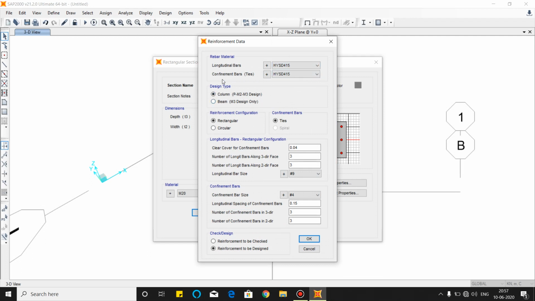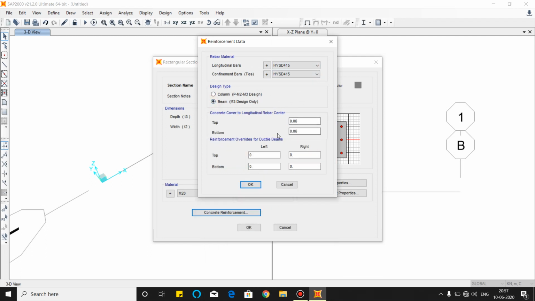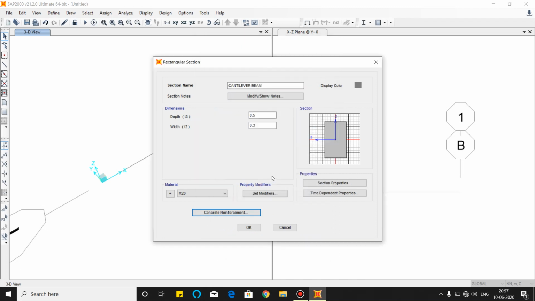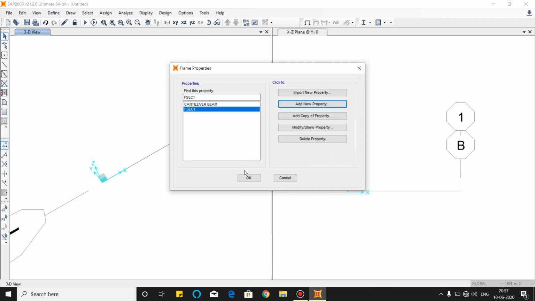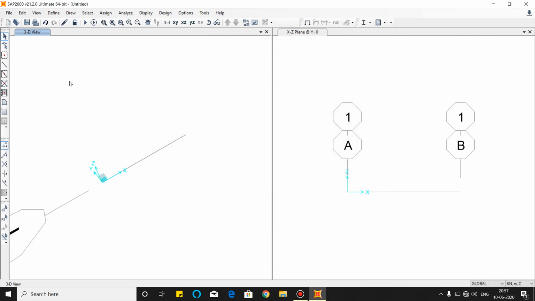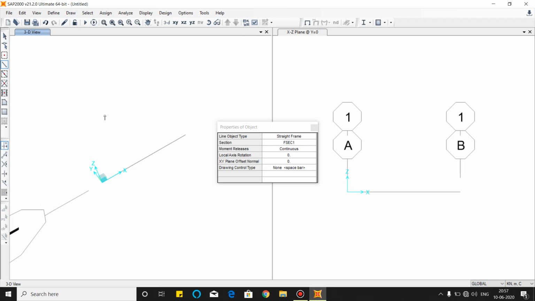Select M20 concrete reinforcement. This is the 415 we have selected already. Now select beam. This is the cover. Click OK. Now your frame is created.